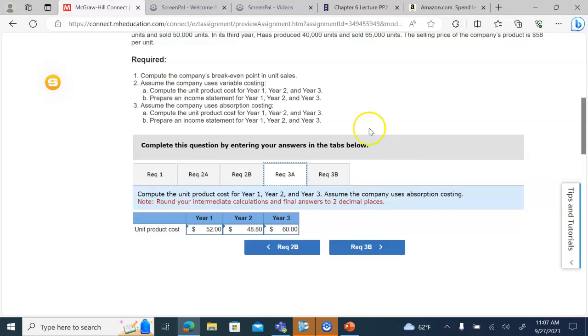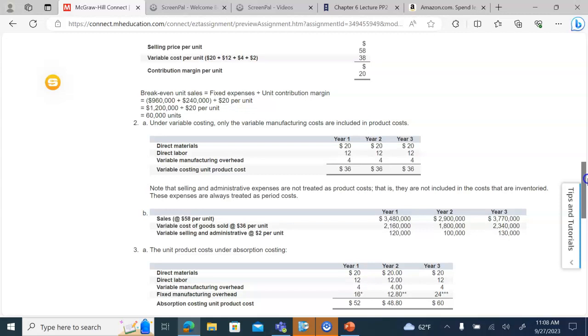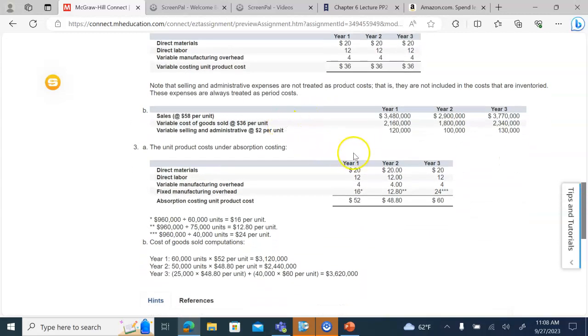Next, it asks us, compute the unit product cost for year 1 and 2 and 3. We did the income statement. Now compute the unit product cost assuming absorption costing. So absorption costing, we're going to take into account the fixed. So we've got our 20, our direct labor, our variable manufacturing overhead, and the way we're going to calculate our fixed manufacturing overhead is they told us